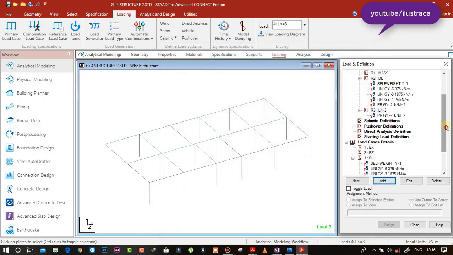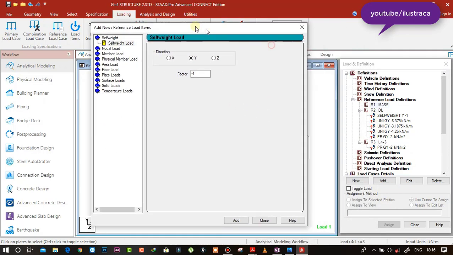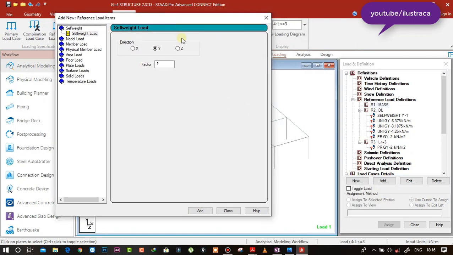Now we are going to define the mass. So always remember, in mass load case we need to consider the absolute value of the loads, the dead load and live load, and live load will be 25%, and if you have greater than 3 kN live load, then we need to consider the 50% of the live load, and we need to define the loads in absolute value.